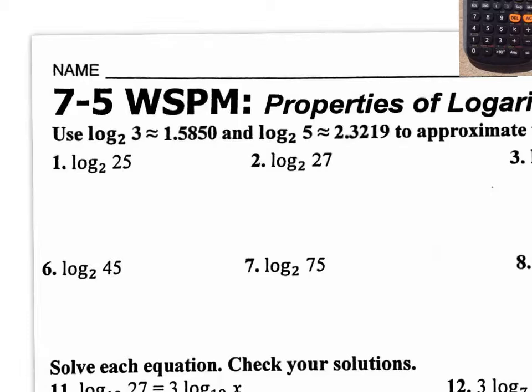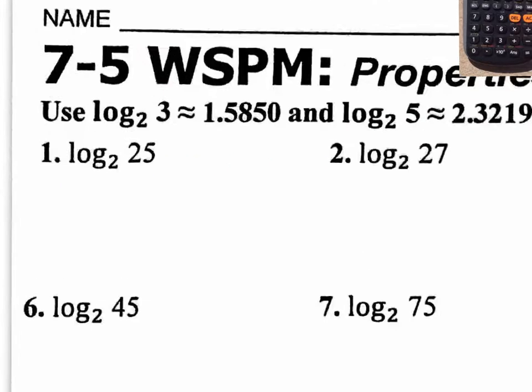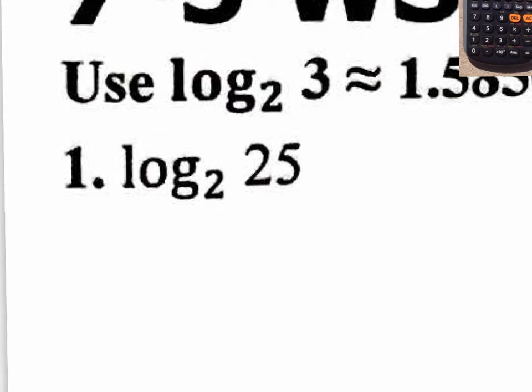So on number 1, it says log base 2 of 25. Now notice that the instructions say use log base 2 of 3 and log base 2 of 5, and they give you the decimal answers to those guys, right? So the question is, could we manipulate 25 to either become a 3 or a 5? We could manipulate it to become a 5. So let's do this. I'm going to zoom in, and we're going to change it to log base 2 of